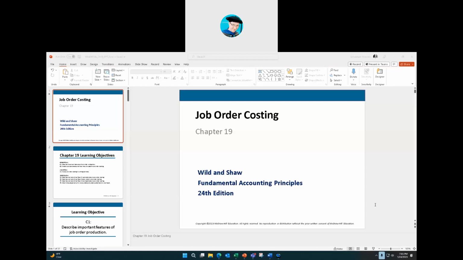And I want to refresh your memories about what we talked about last week when we talked about managerial accounting. One of the things that I had mentioned is that it's really important for you to get into that mindset of a manufacturer, because we talk a lot about different types of cost. And job order costing is no different. So I want you to think about a manufacturer, the kinds of things that they make, and how they go about doing it.